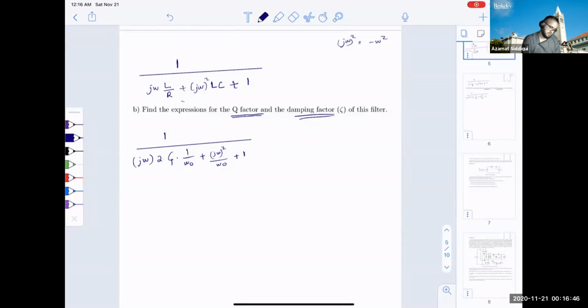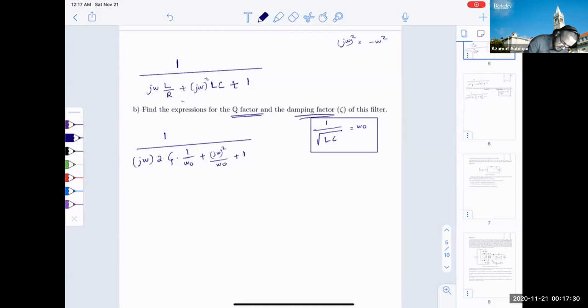Now, how do we figure out what C is, and so on. If you come back right here, you know usually how to define the frequency where omega naught is 1 over square root of LC, the resonant frequency, what they call the undamped natural frequency. And the damping factor, or epsilon, that we found right here,